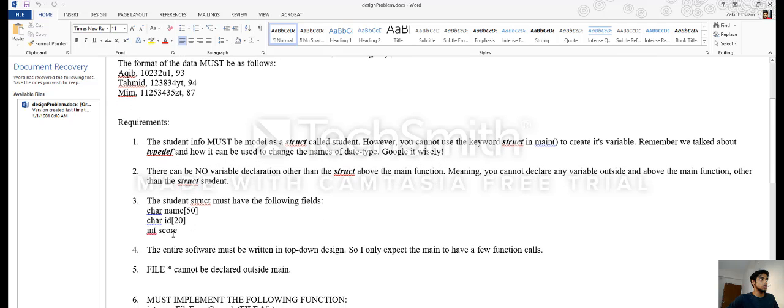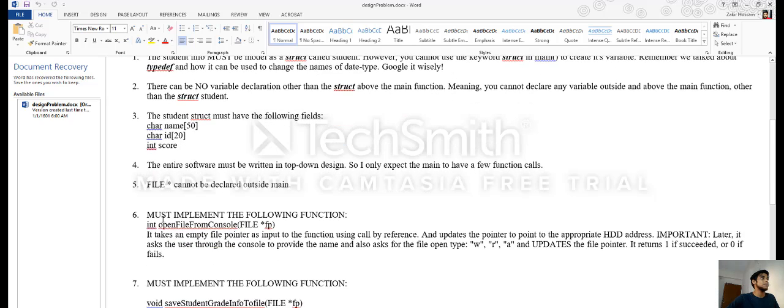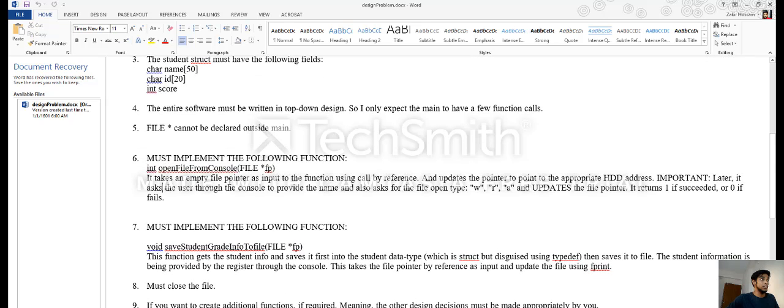First of all, we have to use the struct, the typedef, and we have to implement a function which will take an empty file pointer input using call by reference, and updates the pointer to the